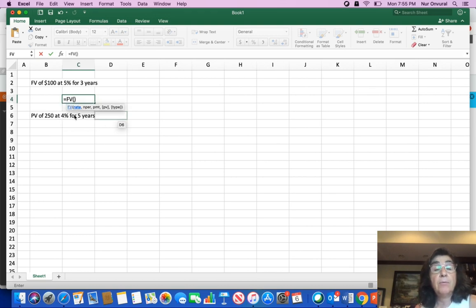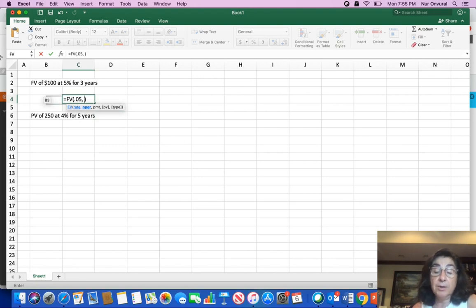And then hopefully you could see that it says rate, number of periods, or NPER, payment, present value is in parentheses, and type. So for the rate, I'm going to insert the 5% or 0.05,